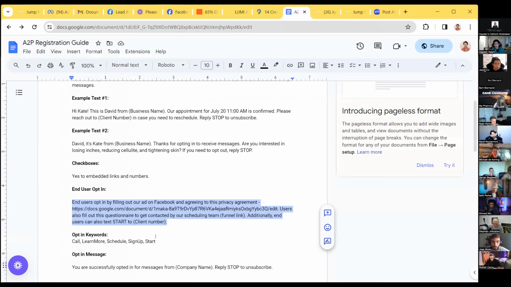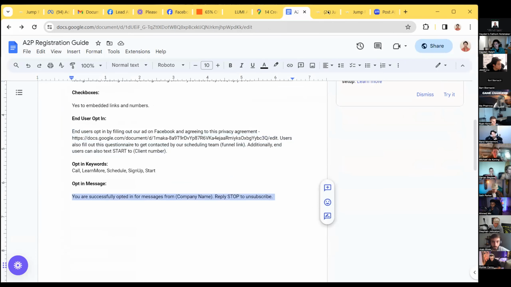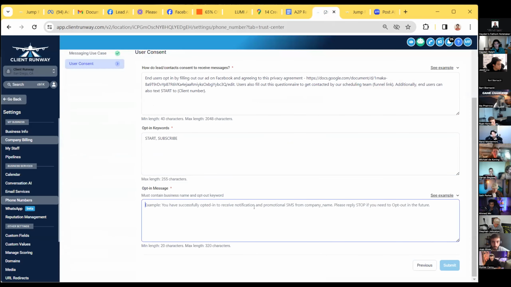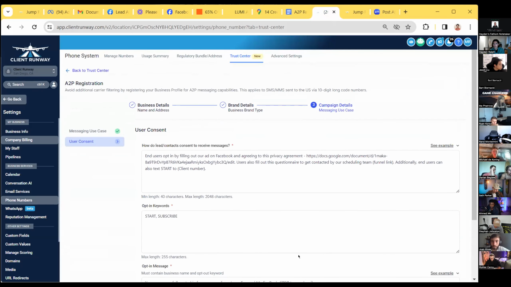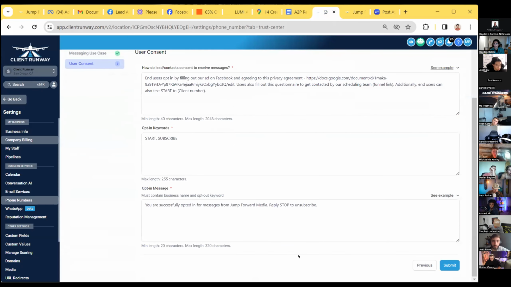What she means is that you need to have a privacy policy in that message to help with approval. You can just use ours if you want. It's just a standard Google Doc that helps with the privacy policy. We made our own privacy policy so you can use it. It's the same one that's in the template I gave you within all these snapshots.